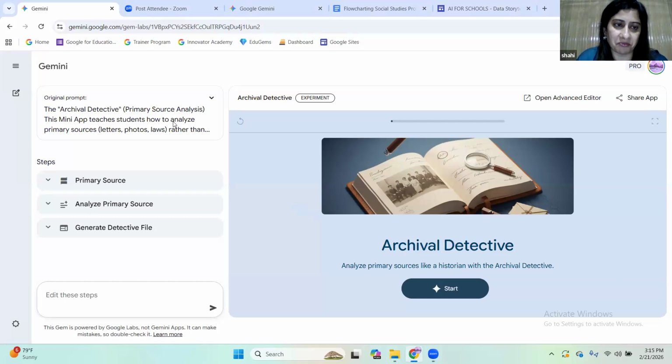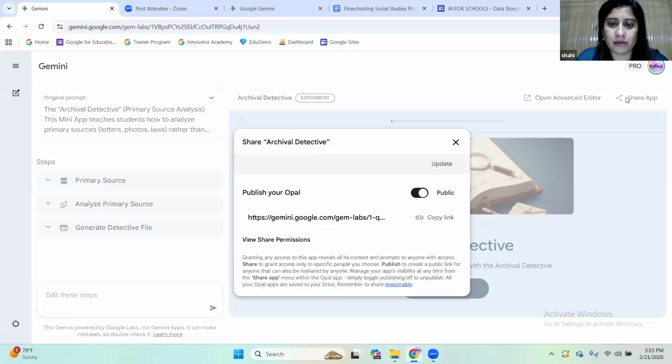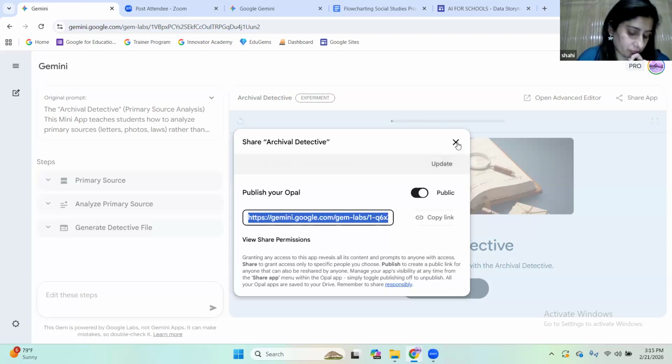The prompt is very simple. You see, as I have done it. If that is not possible, the way I have shared with all of you is: share, click, and then make it public and copy the link, paste it, and they will be able to use the app which you have created, the way I have shared today.